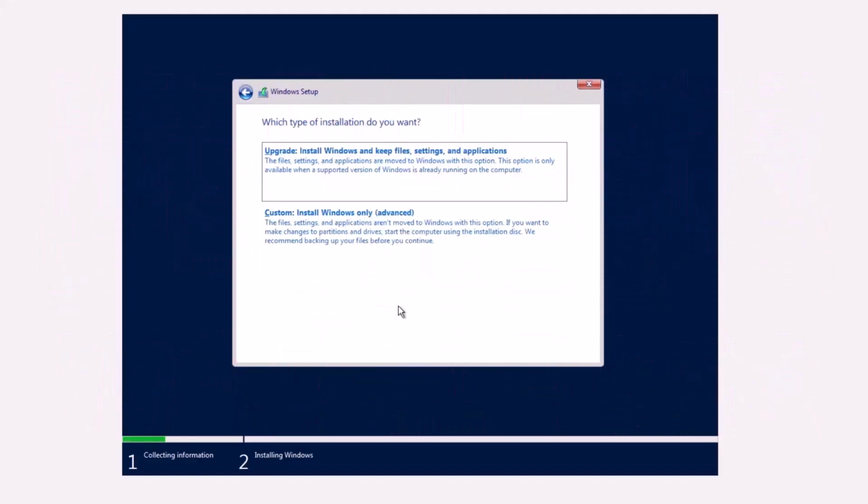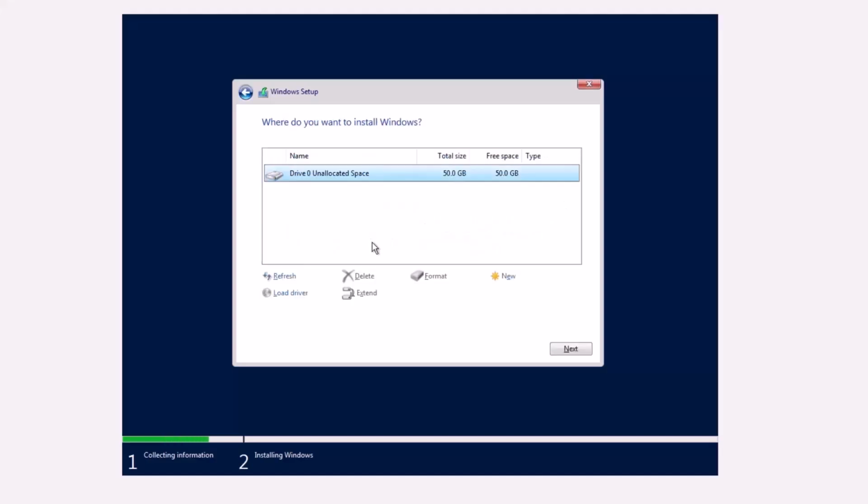Since this is not an upgrade, we are going with a clean installation of Server 2019. Let's hit on the bottom one. Now we have 50 GB of space which we have allocated to this virtual machine. Hit on new, apply,